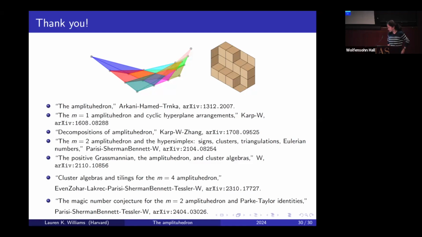Oh, yeah. So for m equals 2, we showed that tiles are in bijection with these bicolored subdivisions, which are these kinds of tilings of an n-gon by black and white polygons. But we don't have a good understanding in general of when a collection of those would form a tiling. We don't have a good combinatorial understanding of that. But there's something else one could try to do, which is look at flips for tilings and then try to show that the space of all tilings is flip connected. So that would be another approach. But we also don't know how to do that.